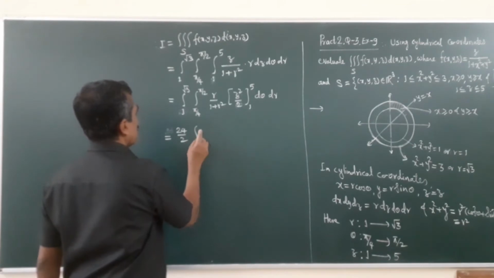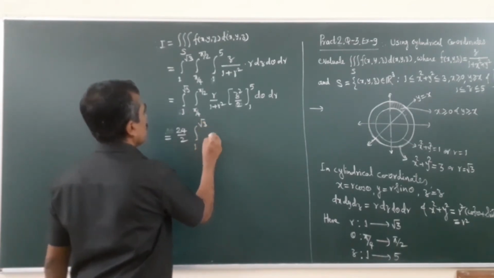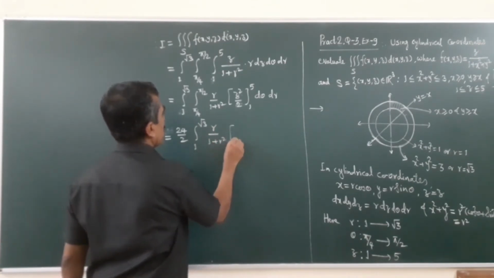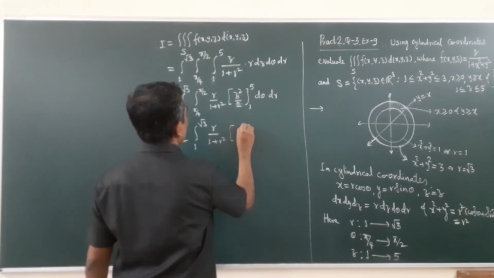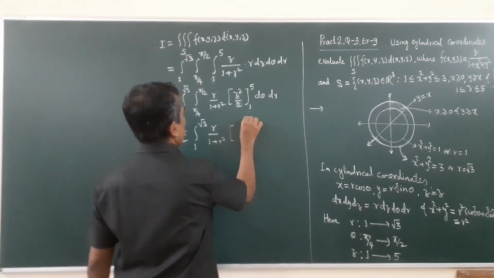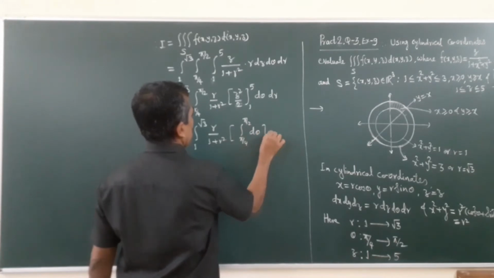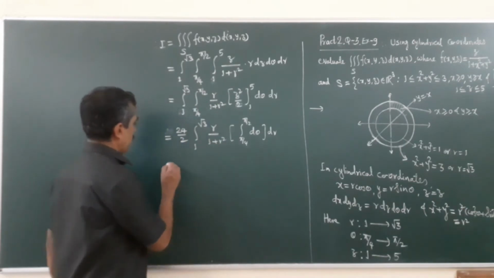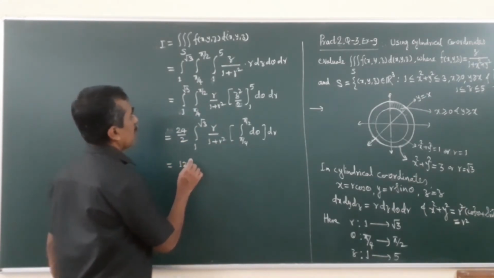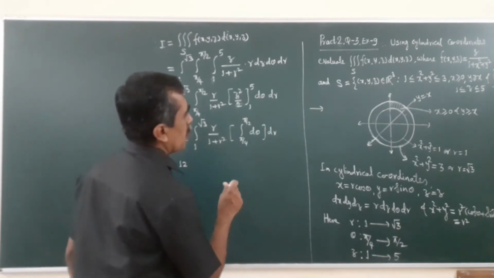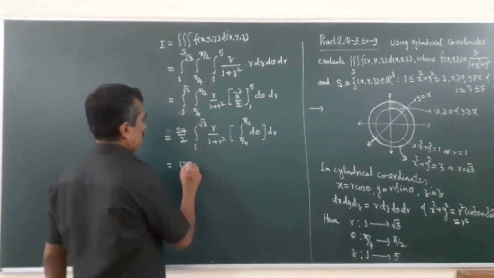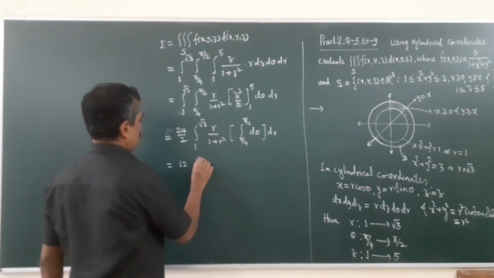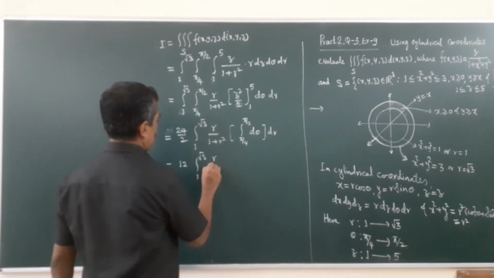Integral 1 to root 3, r upon 1 plus r square into integral pi by 4 to pi by 2 d theta dr. So this is 12 into integral 1 to root 3, r upon